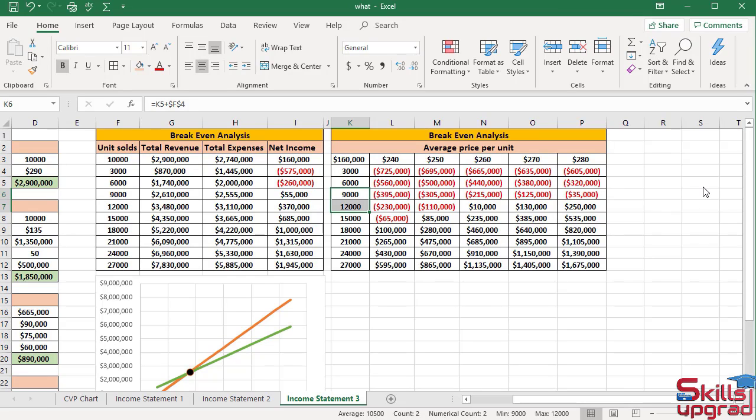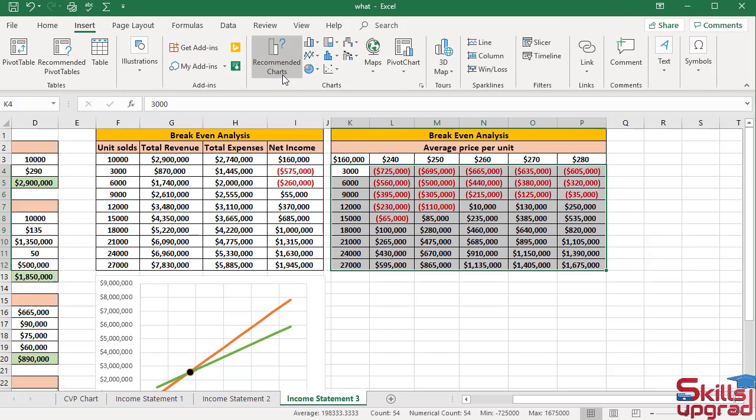Now I chart the values from a two-variable data table, using lines to represent the different columns of the table. I create a scatter chart based on the two-variable data table. Select the range from K4 to P12. Click Insert tab. In Charts group,